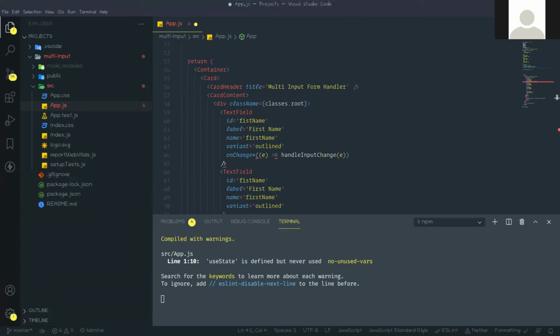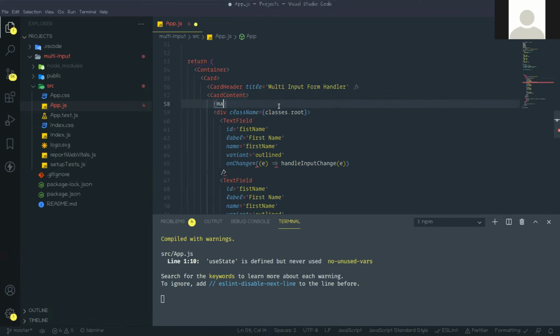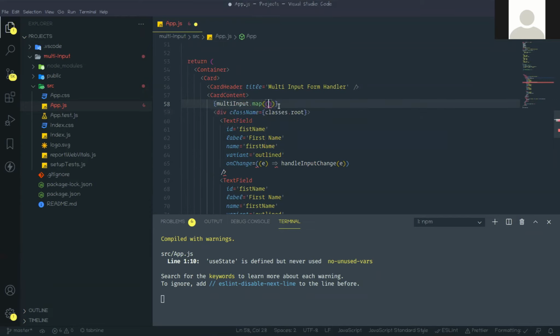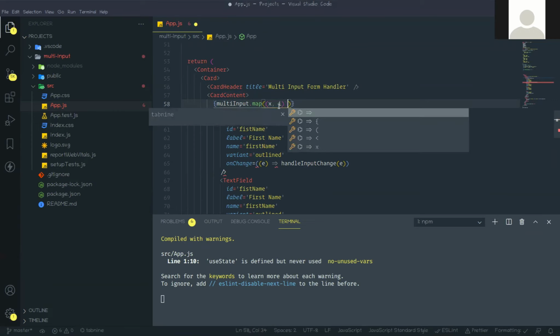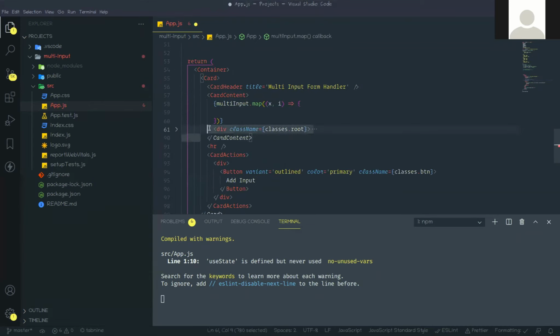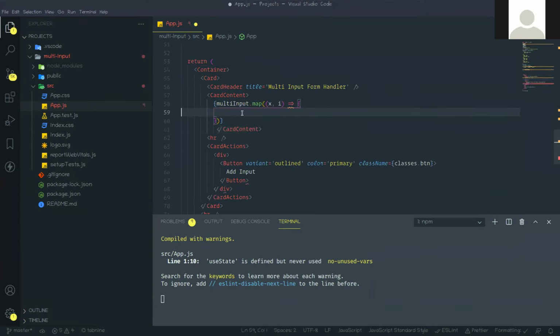So after the return content, multi-input dot map, x comma i, and here this div will go inside this multi-input.